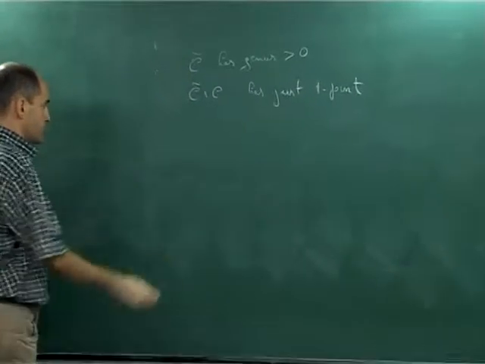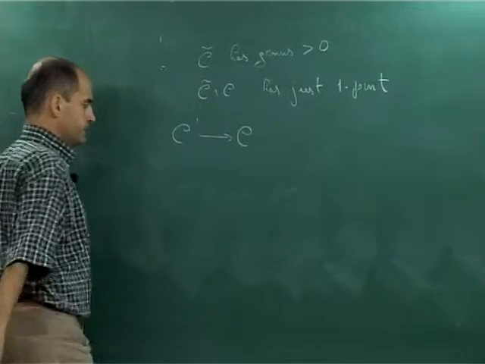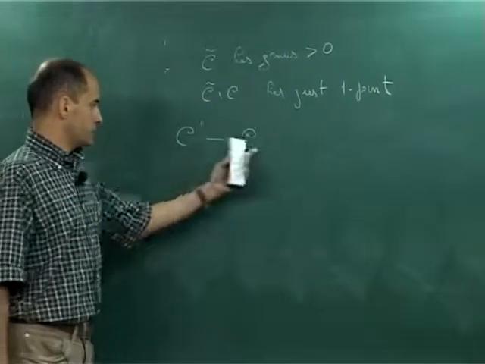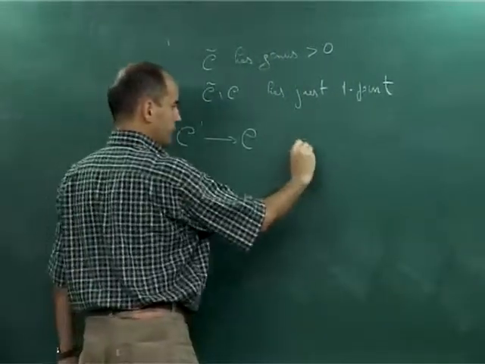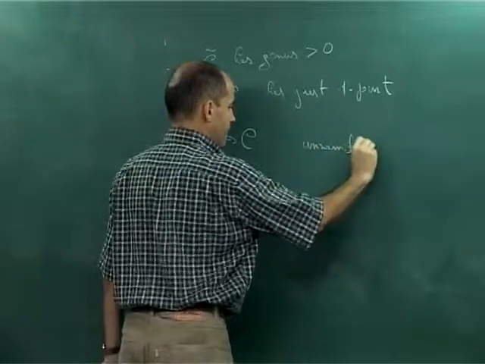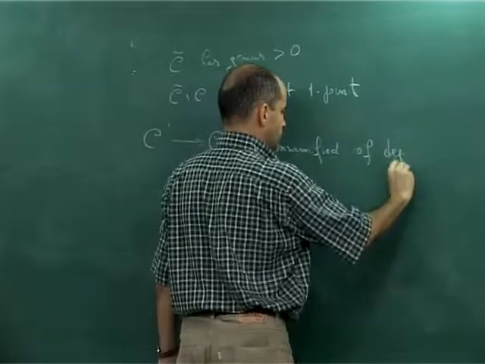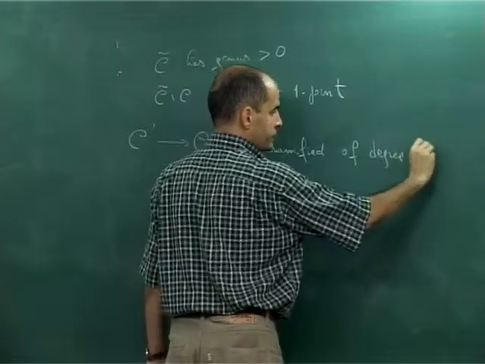So there exists a cover of C which is not only unramified, of degree, for instance, 3, or more than 3, but